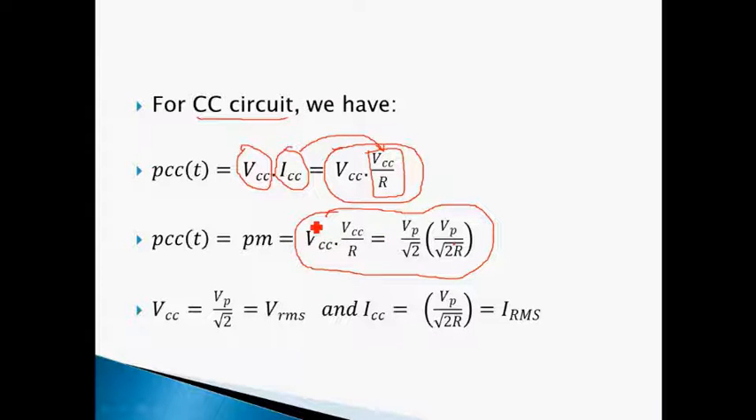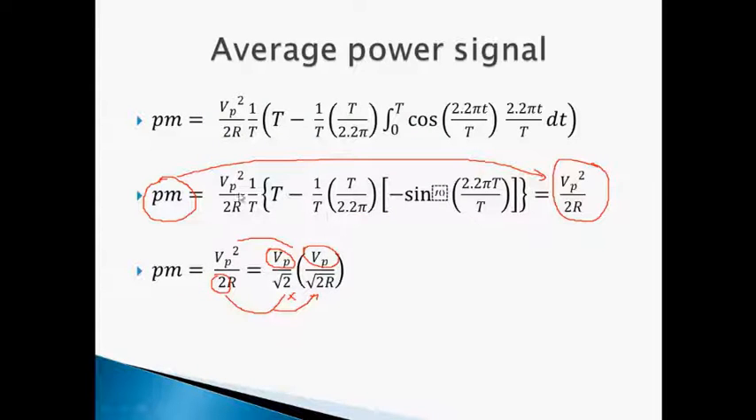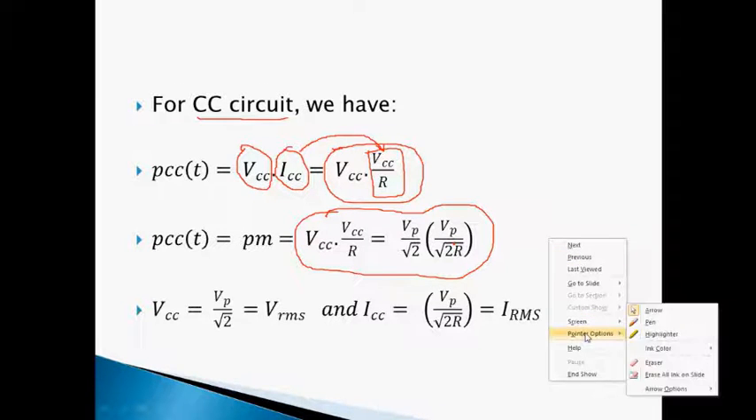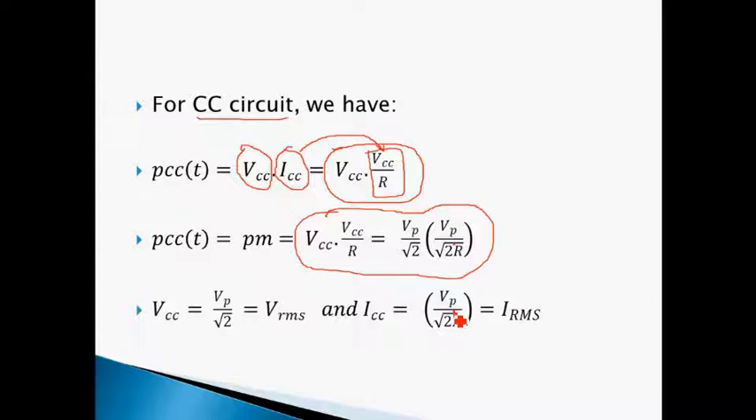So, in order to substitute this circuit with an AC circuit, we have Vcc equal to Vp above square root of 2, and we call this expression the RMS value of V, and we call this expression, the current divided by square root of 2, Irms, the RMS current. Okay,